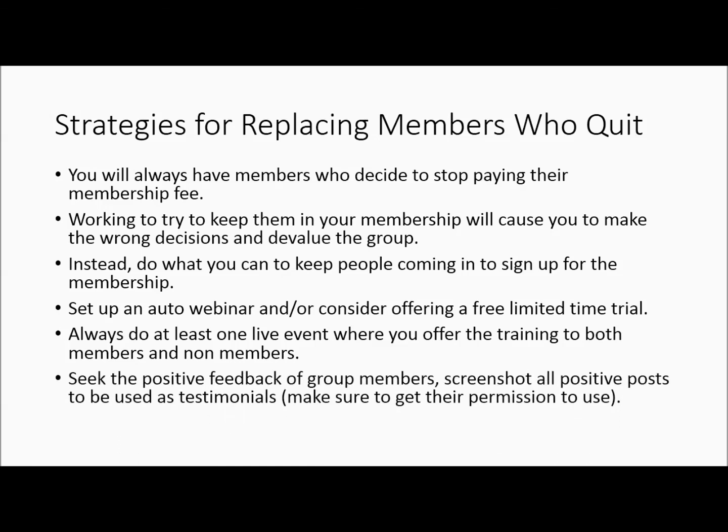Now, the other thing is you want to seek positive feedback from the group members. You want to get screenshots of all the positive posts to be used as testimonials. You can be conservative and make sure that you get permission to use their testimonial, but anything that's positive, screenshot it, so that when you get ready to put together a sales page